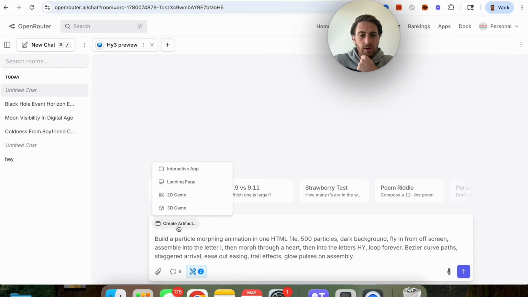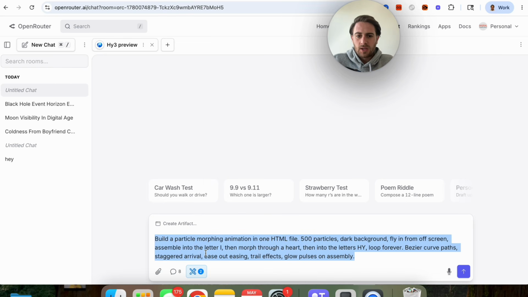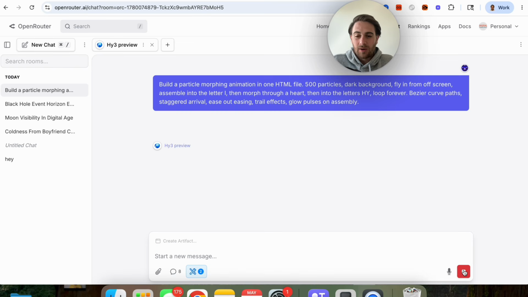We could see right here that we could actually click on create artifact if we wanted to build something. So we wanted to build a morphing animation in one HTML file, 500 particles, a dark background, fly in from off the screen, assembled into the letter I, then morph through a heart, then into letters HY, and we wanted to loop forever with all these different curves, staggered arrival, ease outing, trail effects, glow pulses on assembly, and all of this. We simply just send this message and this is going to go through